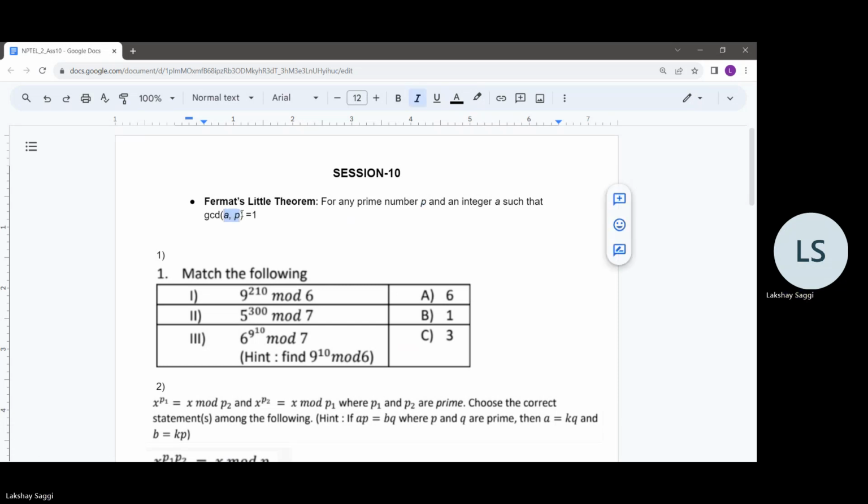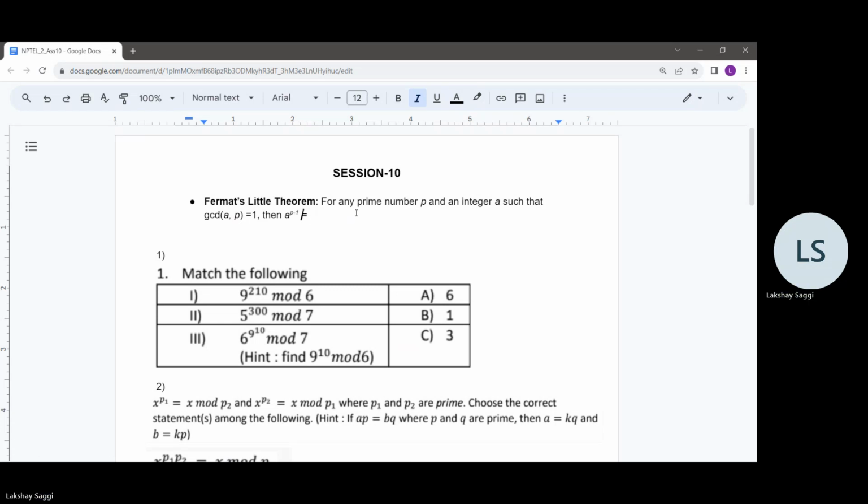Such that GCD of a comma p is 1, then a raised to power p minus 1 is congruent to